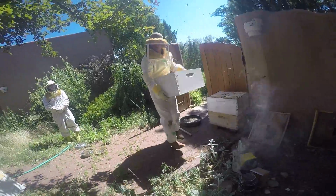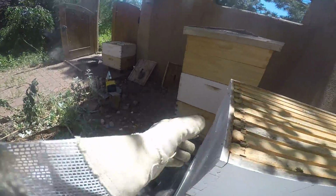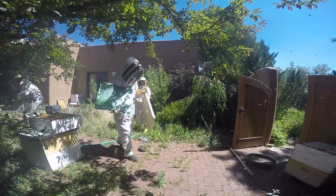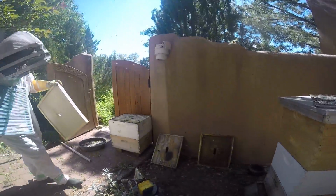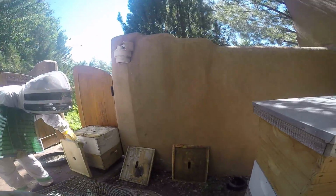Take it over. It's empty, so there's nothing in it really. Yes, that's the bee. It's called a bee trap. Alright, so that one I would put on top of this hive. No, here's what I would do. What I'll do is we'll put